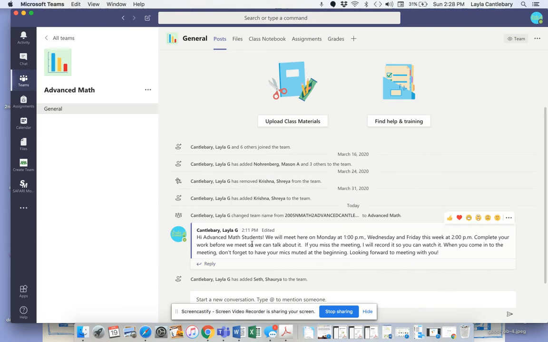Now, you can see right here, I've got a little message for you about meeting here on Monday at 1 p.m. So you're going to bring you and the work you've done, which isn't that much, it's like 4 questions, okay? Here on Monday at 1 p.m., Wednesday and Friday at 2 p.m. So you're going to bring that work with you. And when you come, Miss Candleberry will have